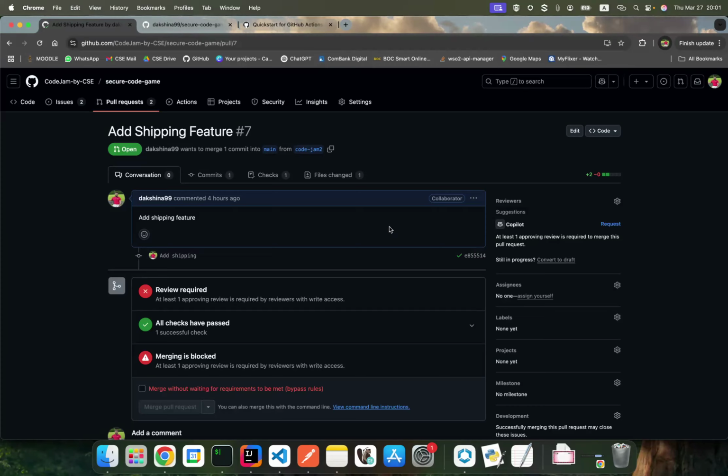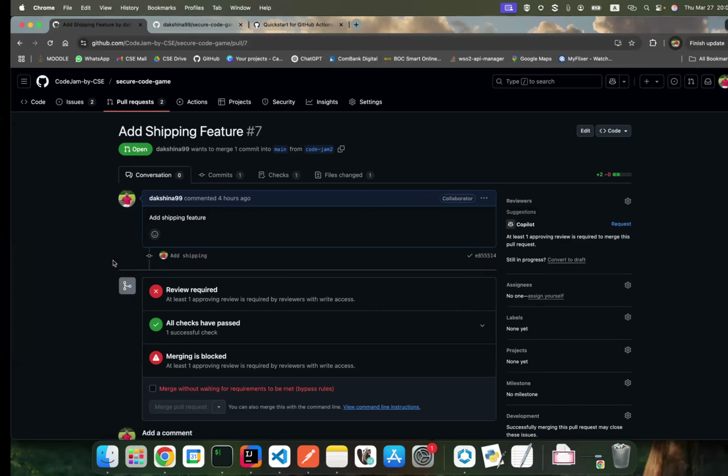Then if it is a UI change or a UI improvement, it's always better to add the UI diff to the pull request. The UI diff means the difference of the UI that you have made. Here we have some workflows run. We will discuss workflows in the later slides. Okay, that's all about pull requests.